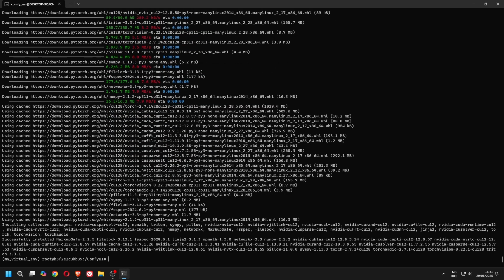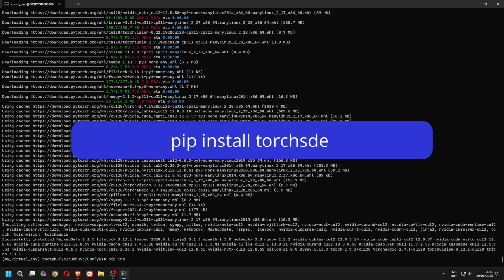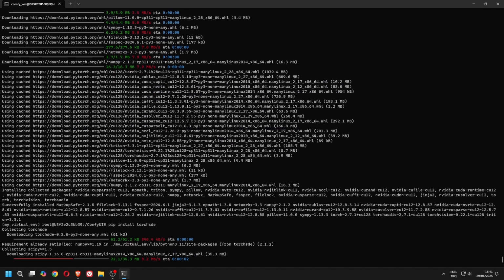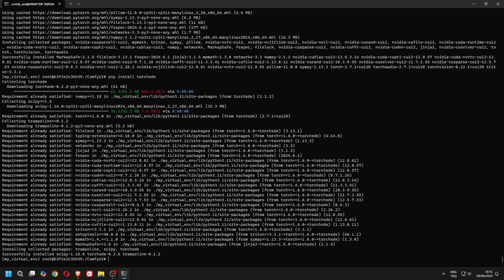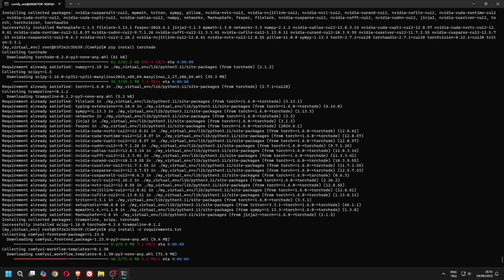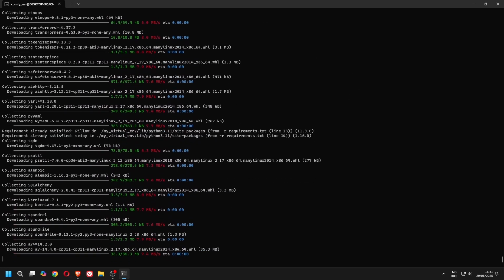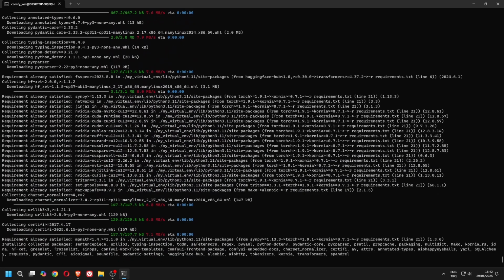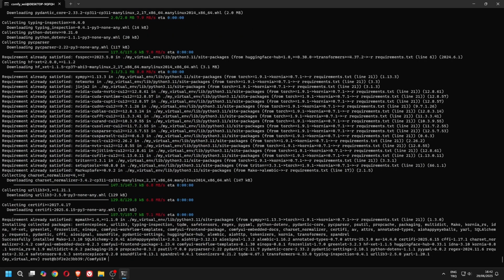Now install torchsde with this command. Then install the remaining dependencies with this command. Now let's launch ComfyUI.